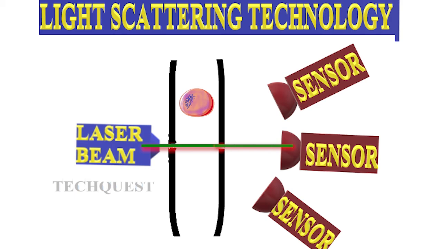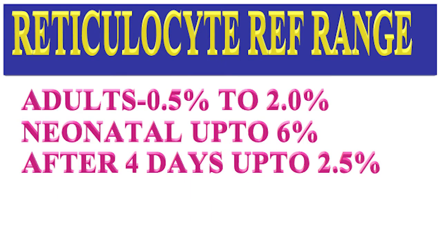The reticulocyte count should increase within 2 to 3 days after major acute hemorrhage and reach its peak in 6 to 10 days. If it is not increased, it indicates the anemia may be due to an acute cause or there is a defect in RBC production in the bone marrow.